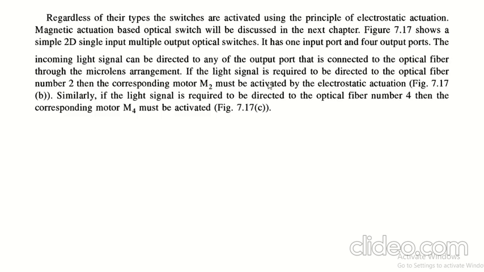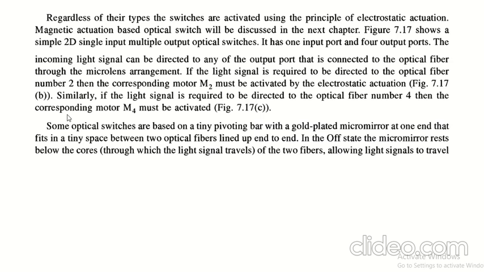If the light signal is required to be directed to optical fiber number 2, then the corresponding motor M2 must be activated by electrostatic actuation. Similarly, if the light signal is required to be directed to optical fiber number 4, then the corresponding motor